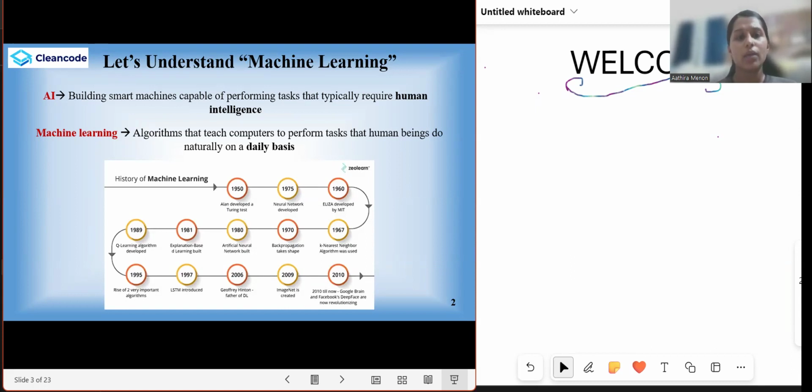So AI, artificial intelligence, deals with building machines that are capable of performing tasks that typically require human intelligence. Machine learning comes under artificial intelligence, which deals with algorithms that lead to the automation of any application. Okay, so if you can see that since 1950, there has been a tremendous evolution in